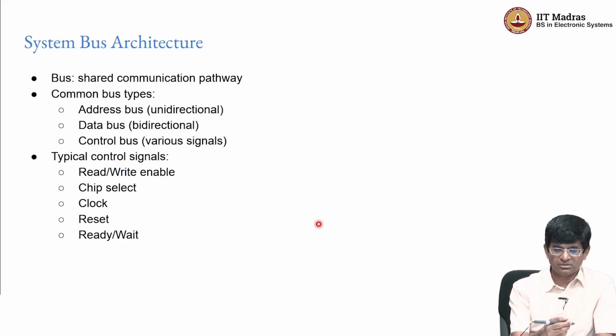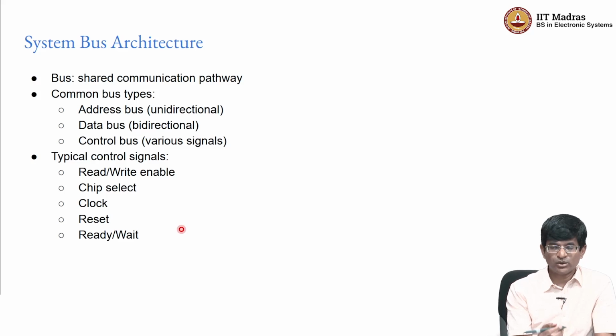There are many common examples of bus types, right? You could have an address bus which is basically unidirectional, it is always coming out of the CPU. Data buses are bidirectional, meaning that you could either be sending data from the CPU or trying to read data back. And you can have the control bus, which is typically things like the read write enables, or there could also be maybe an interrupt signal coming back from a peripheral or some kind of acknowledgement coming back from peripherals and so on, right? So, all of these are typical signals that need to go as part of the bus.